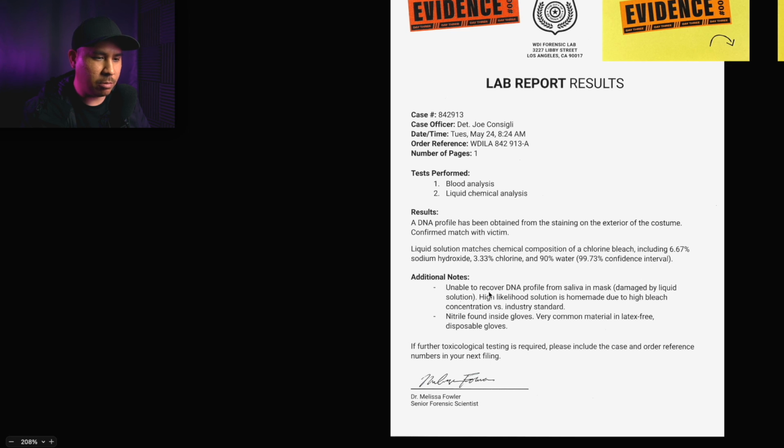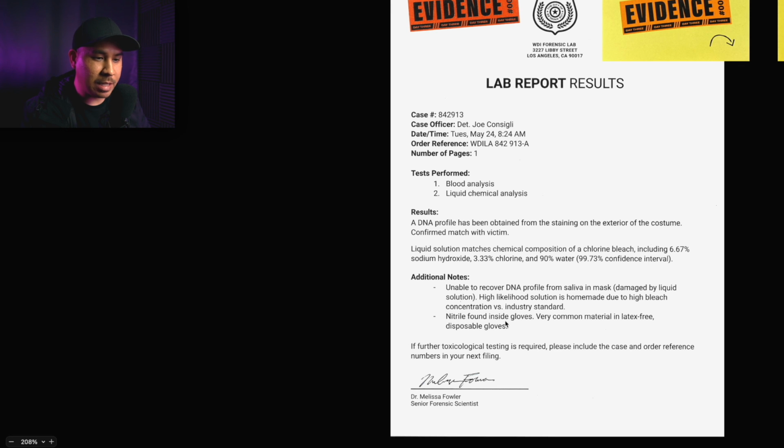Additional notes: unable to recover DNA profile from saliva in mask, damaged by liquid solution. Oh, so they were trying to clean up their evidence. High likelihood solution is homemade due to high bleach concentration versus industry standard.